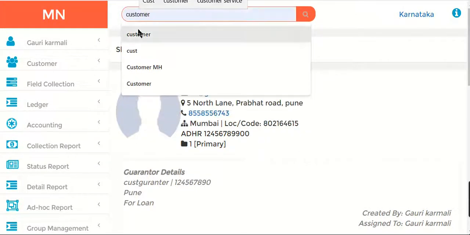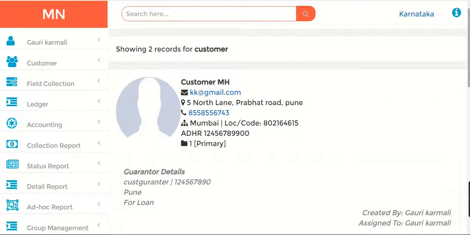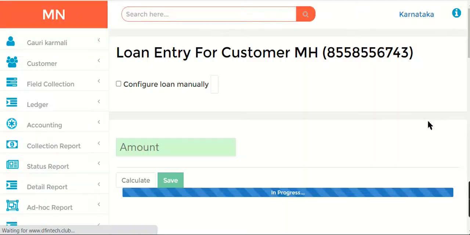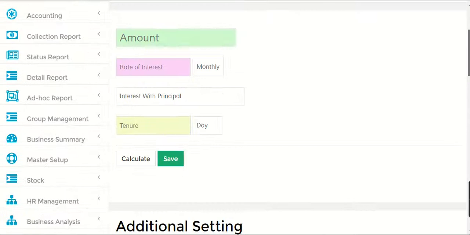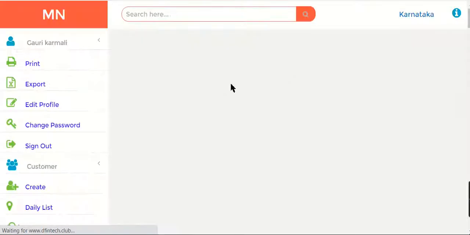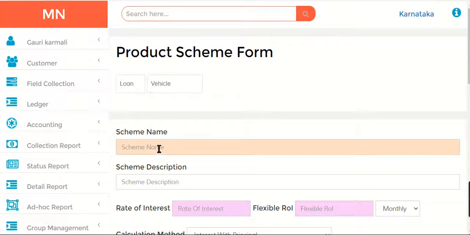So this way you can also create a vehicle loan. I will just quickly go ahead and create a vehicle loan. So it will just give you an idea how to create a vehicle loan. So I just create a loan here, and I'm going to do this configure manually right now. Or else actually let's do it through the product scheme only. In the product scheme, we are going to select here vehicle, say vehicle loan.